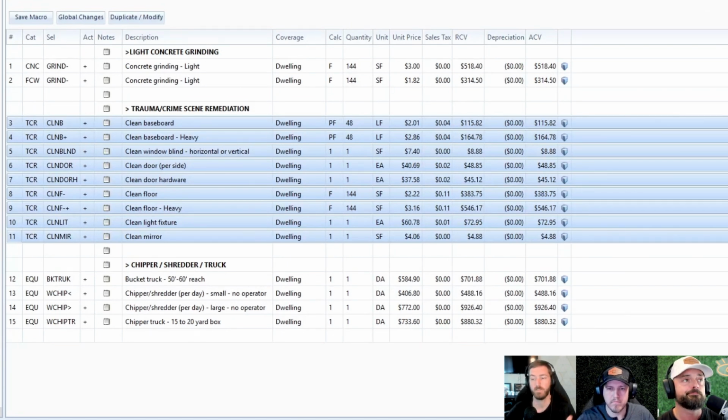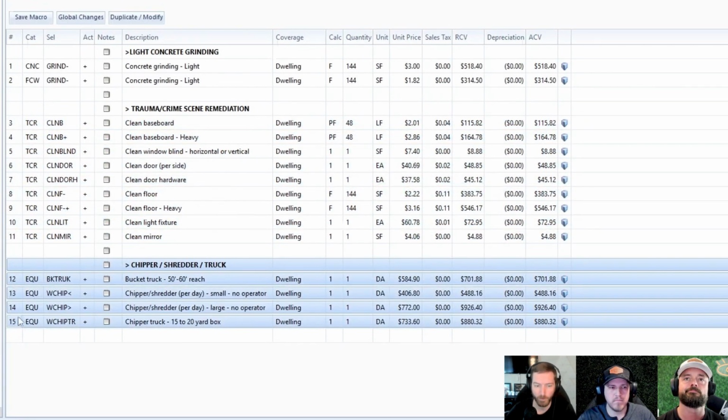Nice. Yeah. As a former program estimator, all I ever wanted was to have the right line items in the right categories for me to be able to use them. So seeing this continuation trend of we need to have these line items in the right category to make sure they can be used in whatever environment people are working in, it's good to have. And then lastly, there are 4 new line items in the EQUWCHIP category around bucket trucks,